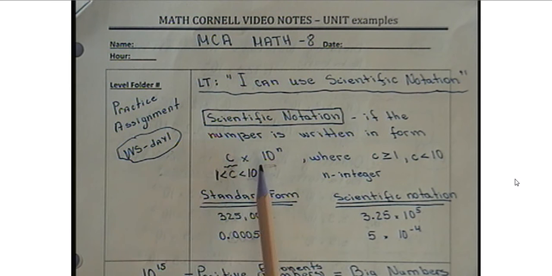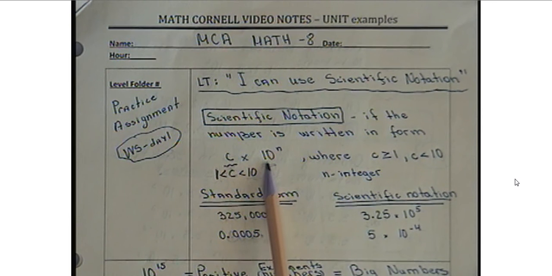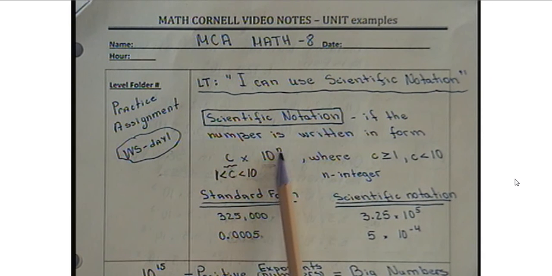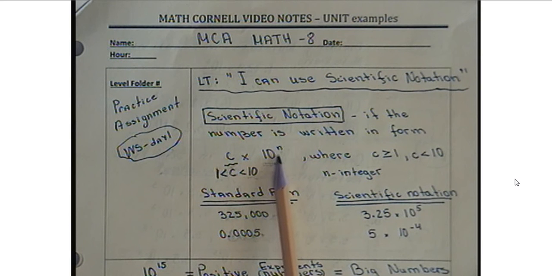Another important thing in scientific notation: when we multiply by a power, the base of this power is always 10. And then we have an integer here, positive or negative, that will describe what the number looks like. For example, if we have numbers written in standard form,